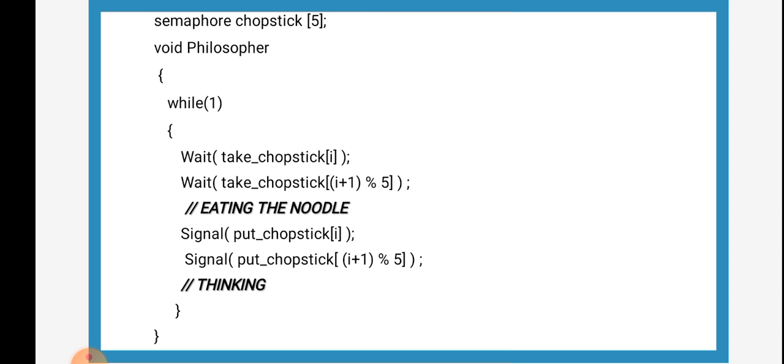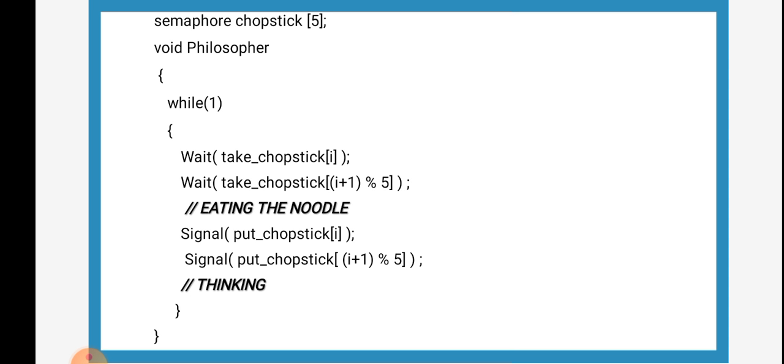So the solution is to make sure that no two neighboring philosophers eat at the same time. Suppose philosopher P1 is already busy in the eating process. Now we need to observe that his neighboring philosophers cannot eat at the same time. If it happens, this solution is going to lead to the deadlock. Are you getting it? Suppose P1